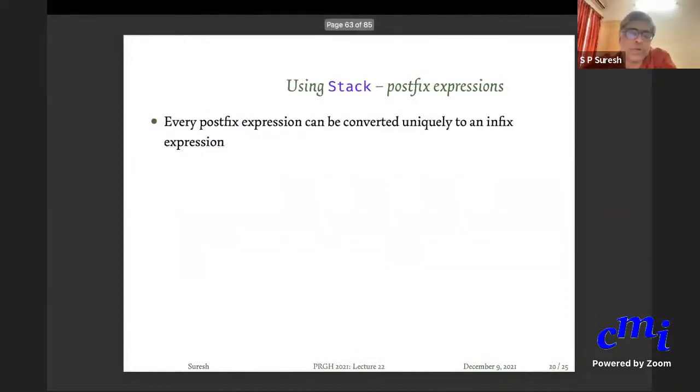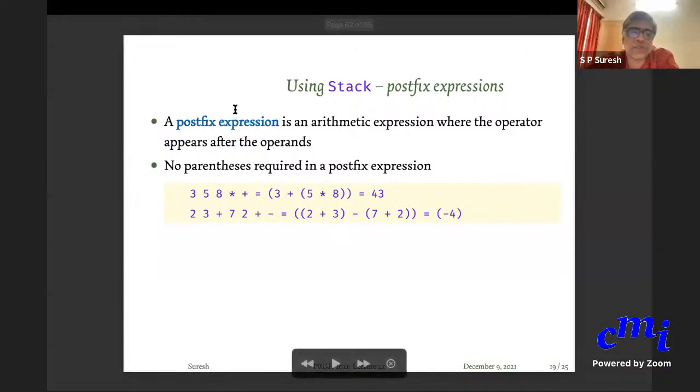So I want to do something like this. A postfix expression is an arithmetic expression where the operator always appears after the 2 arguments. So for instance, here is a postfix expression. The main reason for using postfix expressions, used internally in the representation of arithmetic expressions inside some computer programs like compilers, is that you can avoid parentheses.